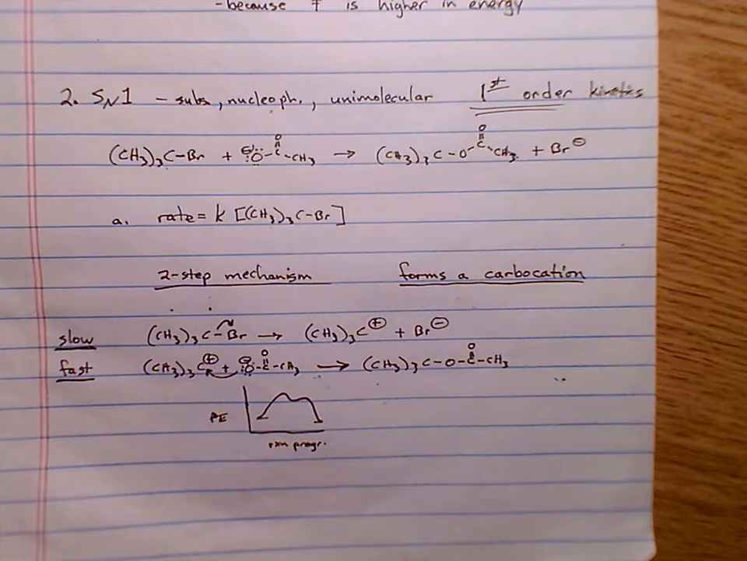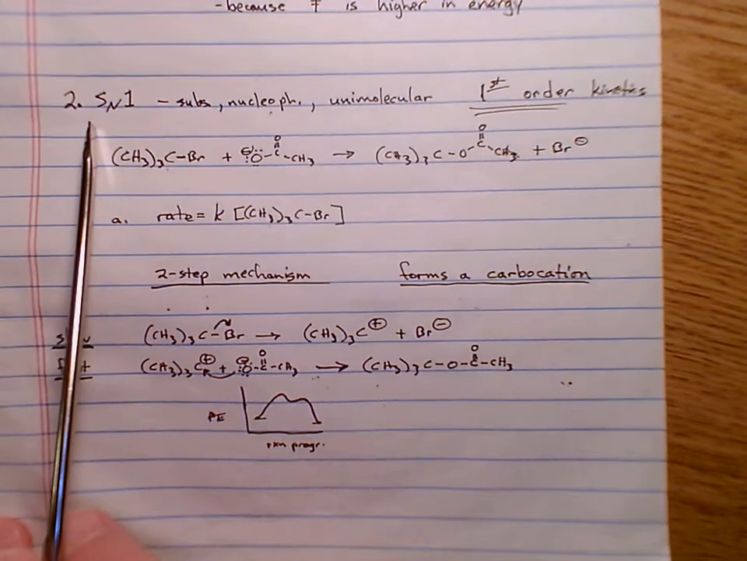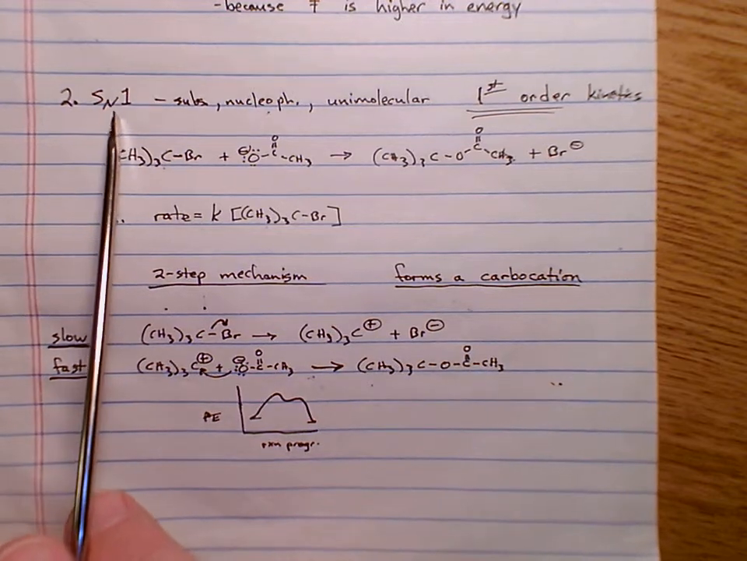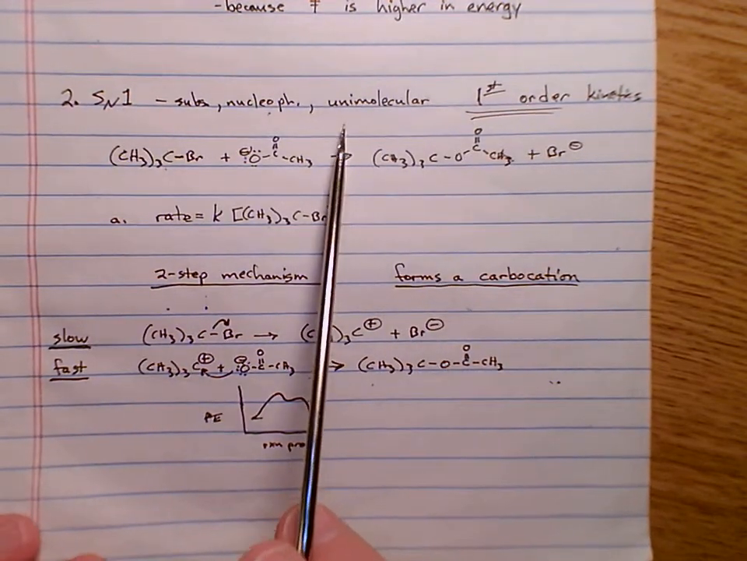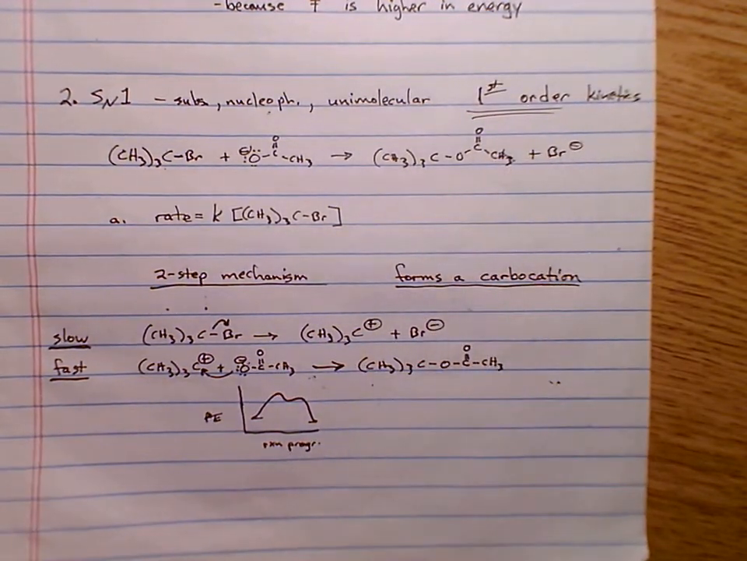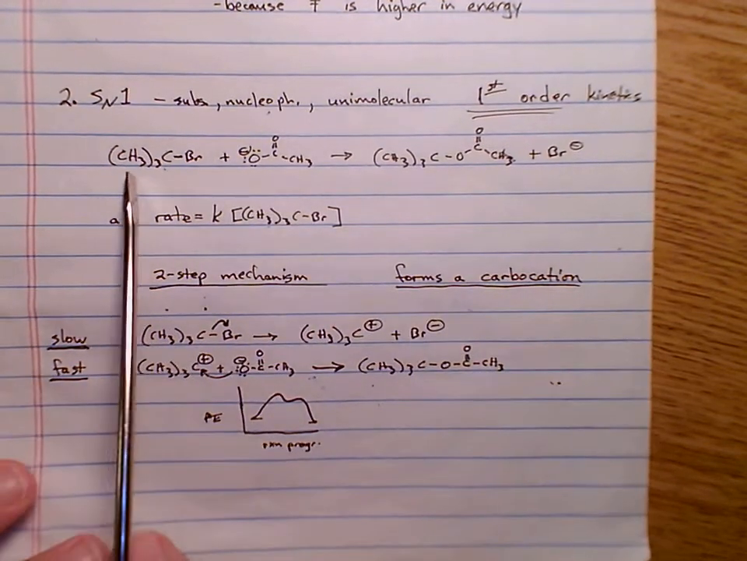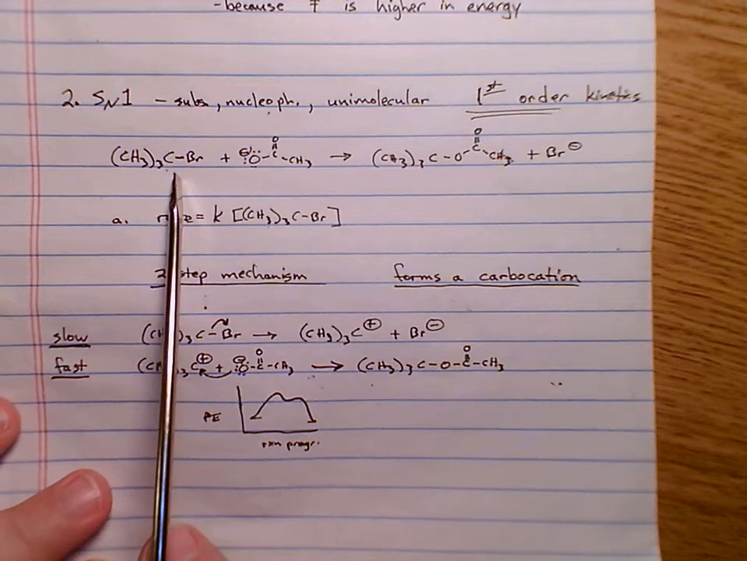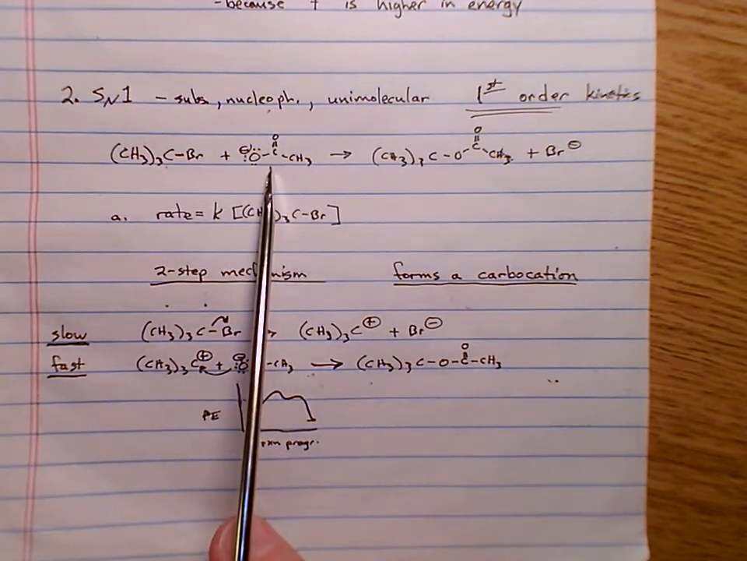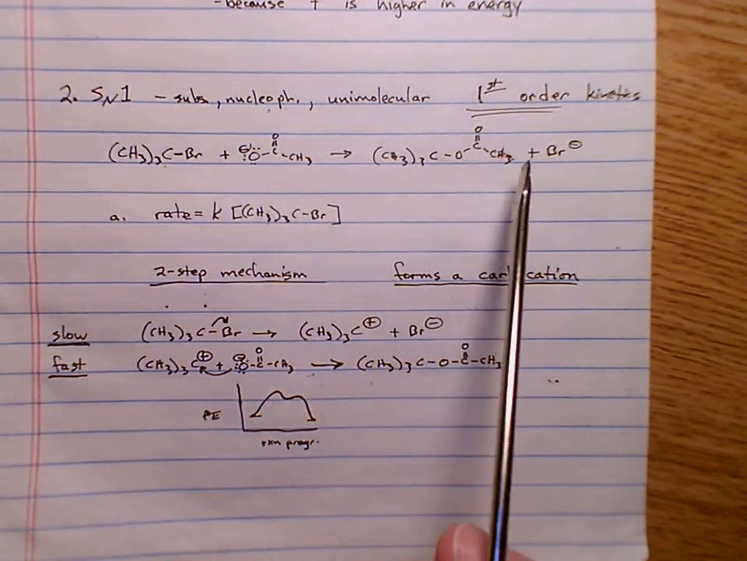All right, here we are with the SN1 mechanism. S for substitution, N for nucleophilic, 1 because it's unimolecular. It follows first order kinetics. It's a first order reaction. So if we had this reactant right here, tert-butyl bromide, and again with our acetate, we are going to just